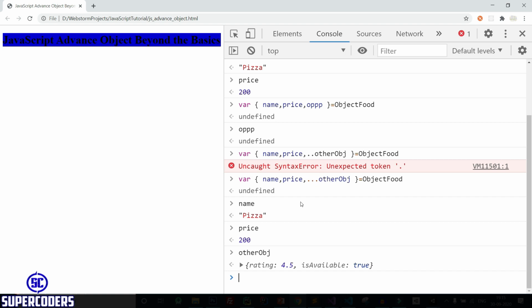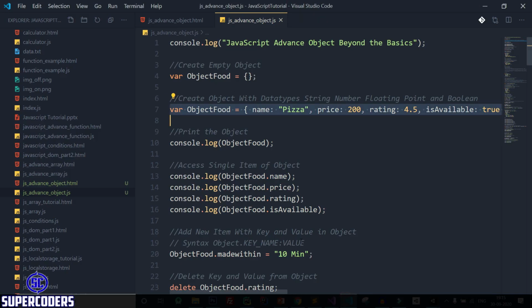Now let's copy this code and paste it in our JS file, so it will run from our file. So back to VS Code and here.